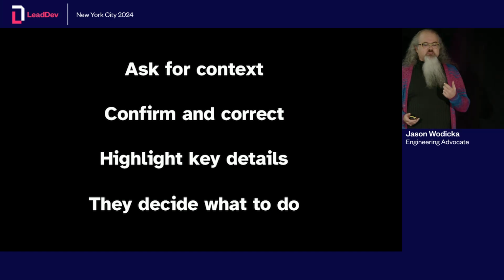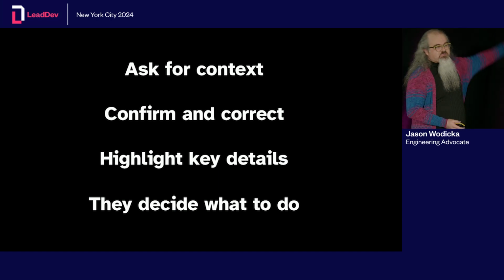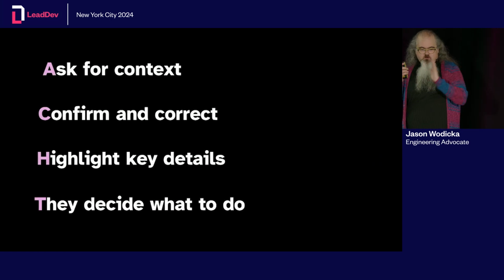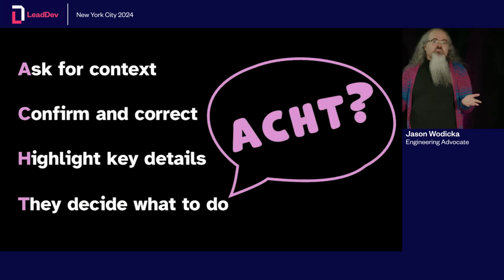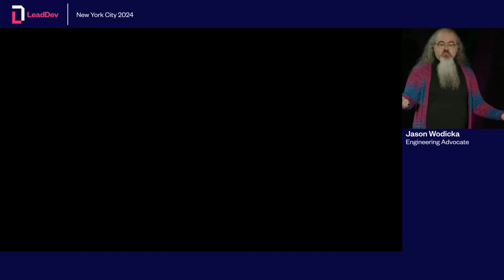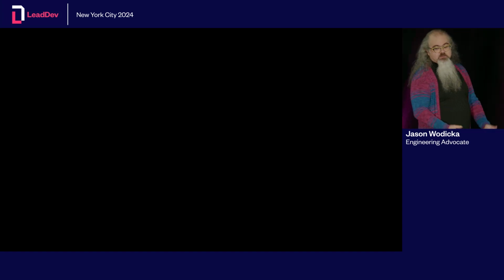Now, this pattern works for giving a single nudge to sort of unstick a blocked situation, or you can repeat it in a cycle to support someone through a multi-step process. After they act, ask them what they learned by doing that, and just keep going. And all right, maybe not every conference takeaway does have a good acronym, but this process works even without one. Now, these principles and this process will set you up to help people who need it, but I have one more trick left in my book that I can teach you.